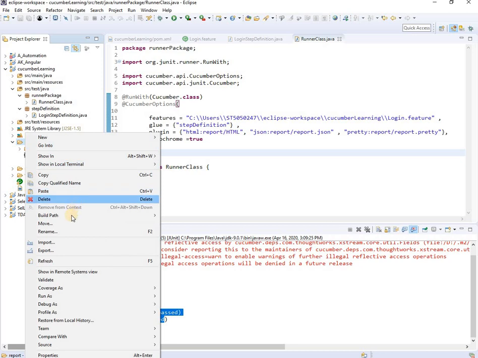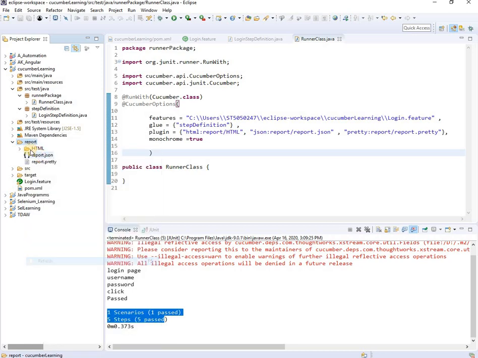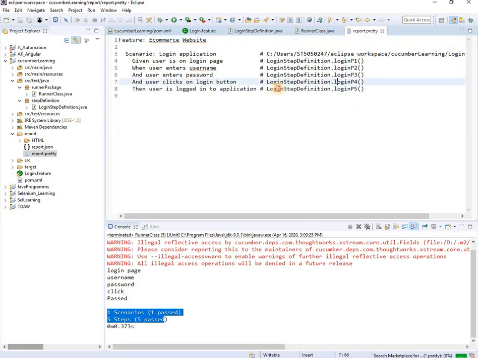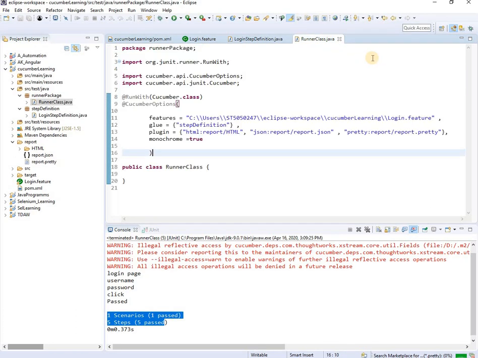I will refresh it and see if the changes happened or not. See, now it is coming in a very nice format. So this is about the reporting part, the pretty format and reports, and how you can run it from the runner class.